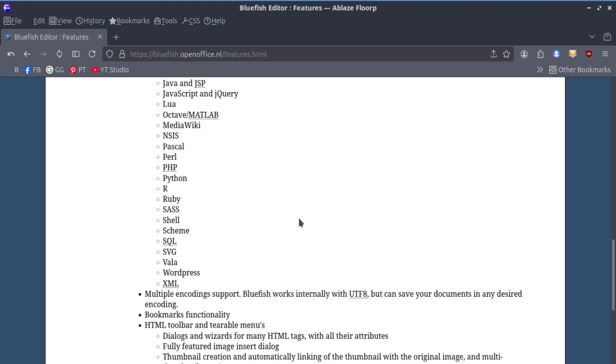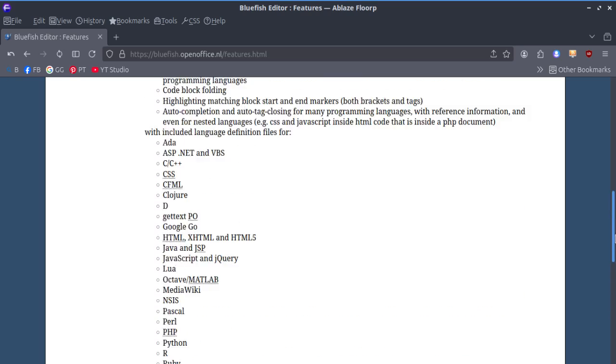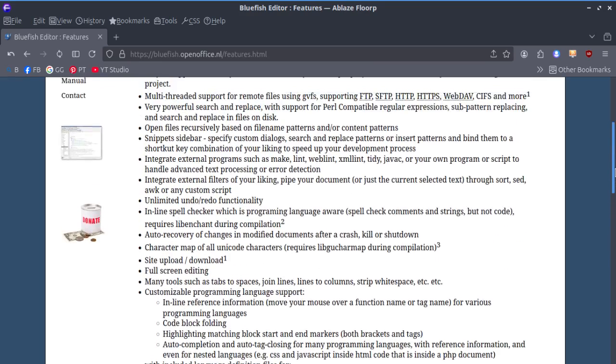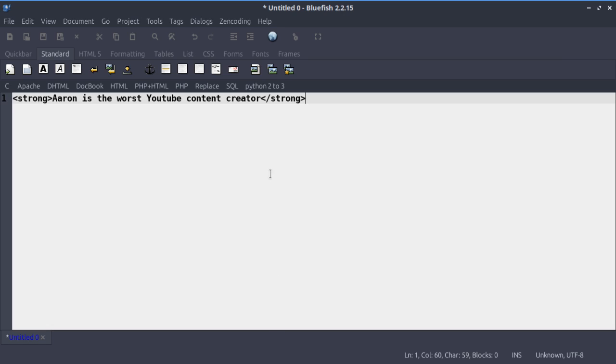Scheme, structured query language, SVG, Vala, WordPress. Why in the world would you use that horrific content management system that has security vulnerabilities? Anyways, and then XML, which is a markup language itself. All right, so those are the languages. I don't know if it supports other languages. I don't know if there's any plugins or extensions you can install if your language is not listed. You may be able to perform an internet search, but that was a really quick, crude